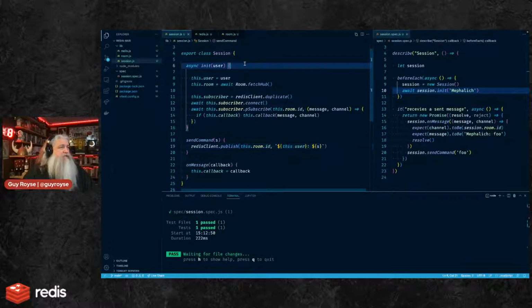Because ultimately the session needs to know the room that you're in. It needs to know the user that you are. And that's really the things that it needs to know. And then when you type in a command, it's like a command line, right?